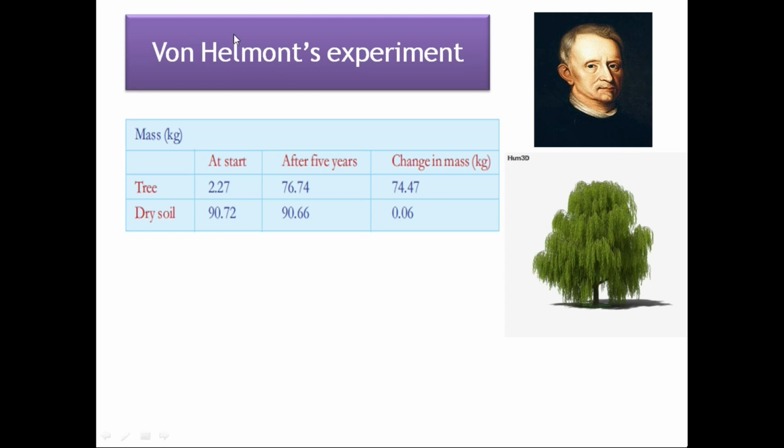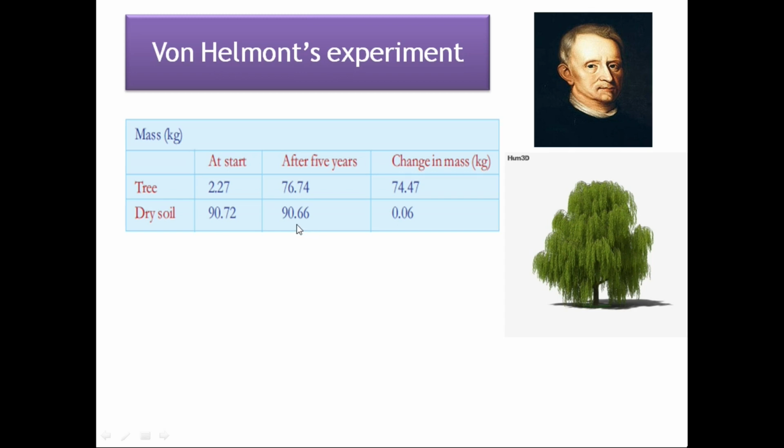He left the tree for 5 years. He supplied only rainwater to the tree. He closed the surface of the soil so that nothing could add to its mass. After 5 years, again he measured, and this time the mass of the tree is 76.74 kgs and the dry soil is